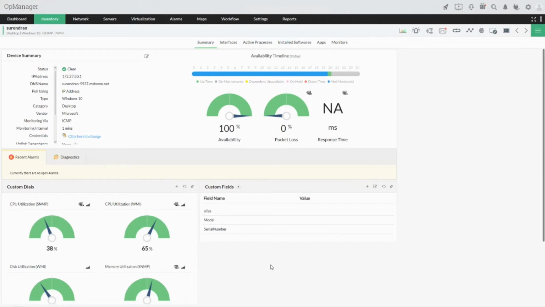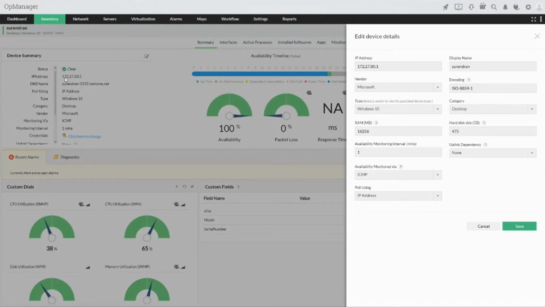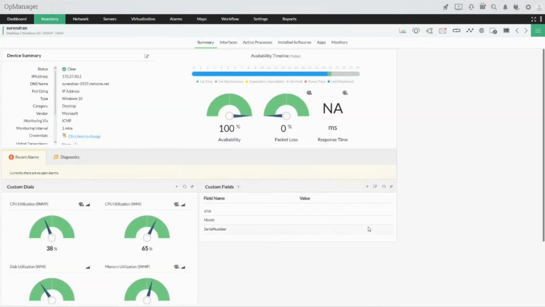And likewise, as we have seen, we can set device dependencies as well. For example, if my server has an uplink device, I could easily set a parent device. For example, I'm already monitoring multiple devices in my OpManager. I could set the uplink on my parent device for this device and monitor accordingly.